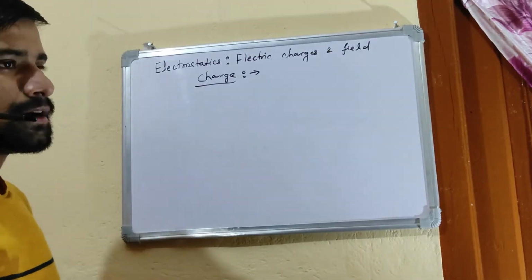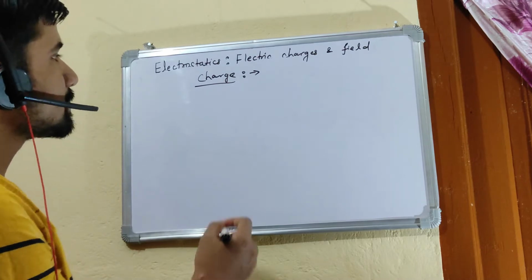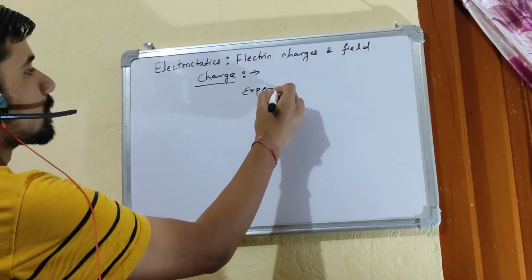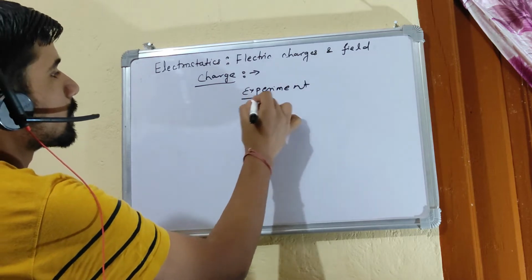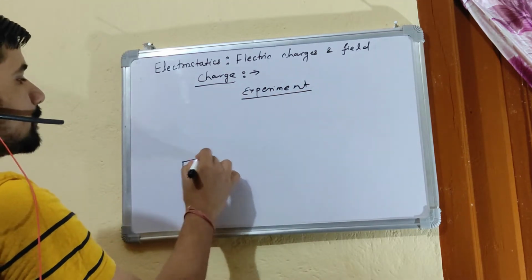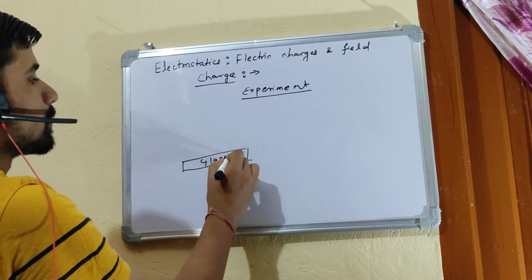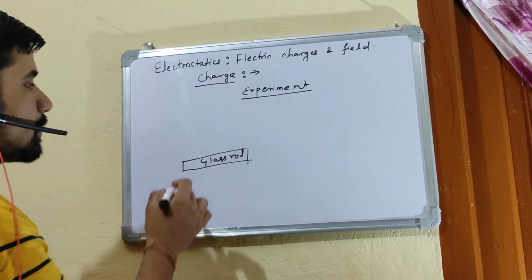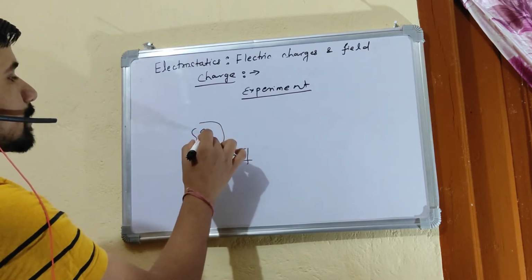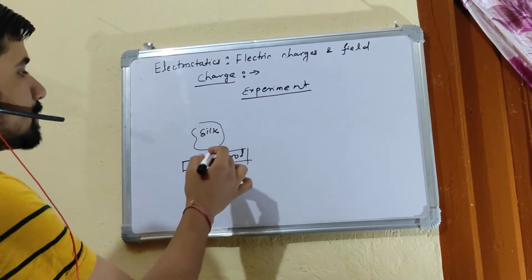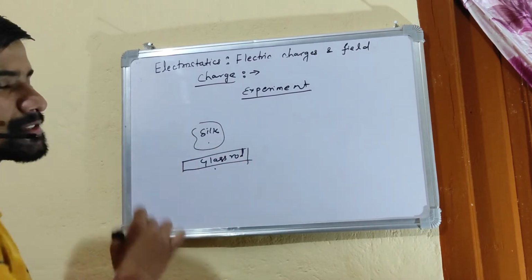So let's talk about a brief experiment. Let's say we have a glass rod and we have a silk cloth. So if this silk cloth is rubbed against this glass rod,